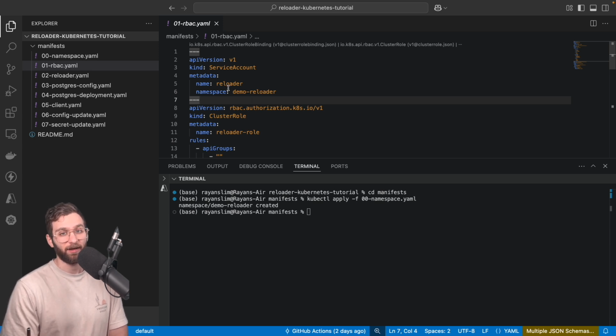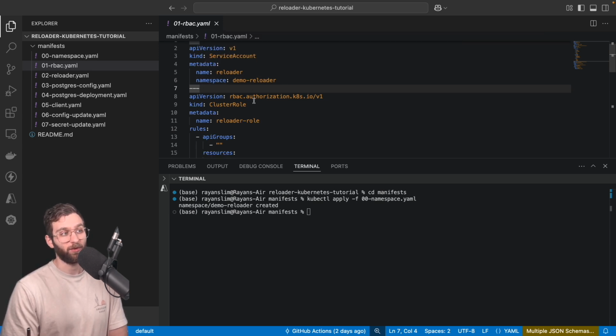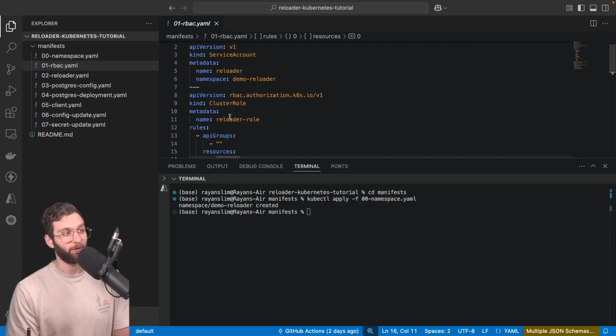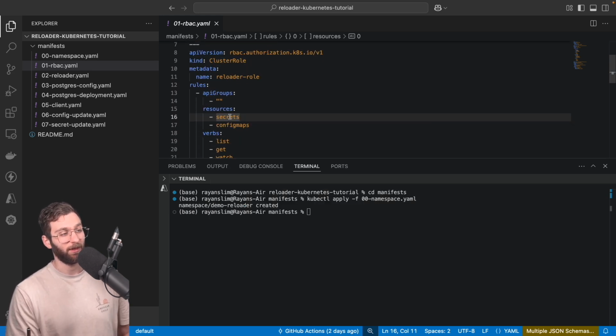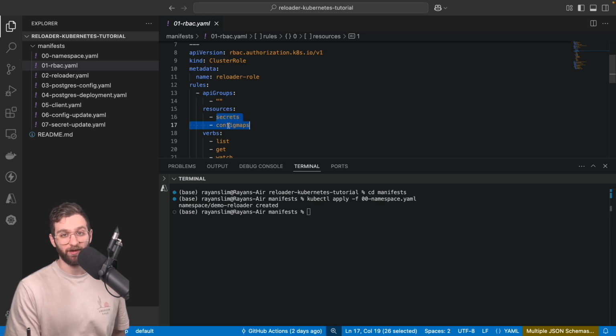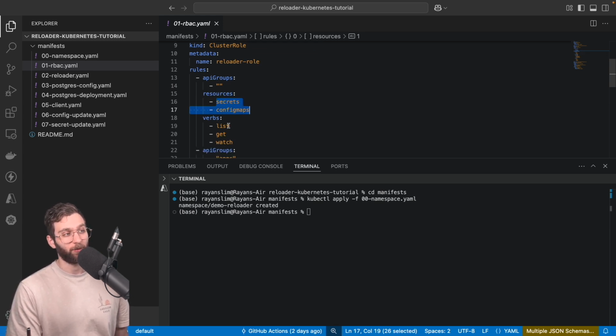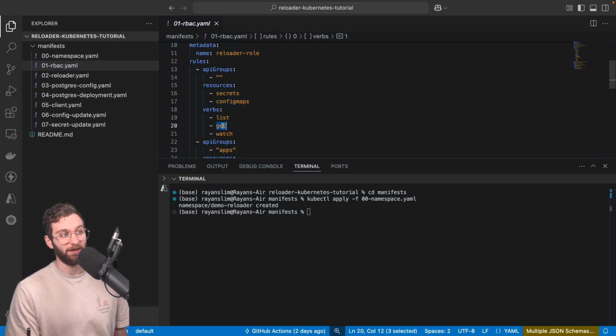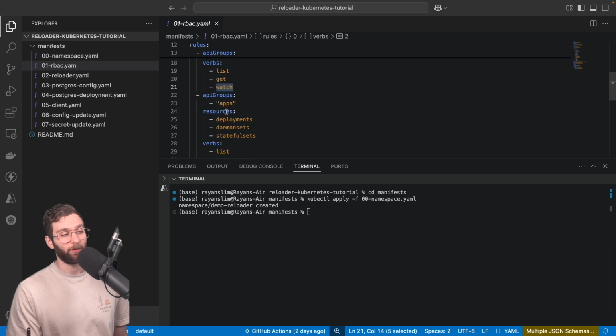We need to bind the service account to a custom cluster role. The resources that our reloader needs permission to monitor are the secrets and config maps. And we're specifically giving it the permissions to list, get, and watch these resources. Simple as that. And then we go to the apps API group, where we can access the deployments, daemon sets,